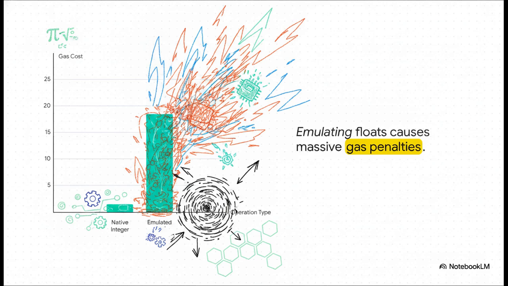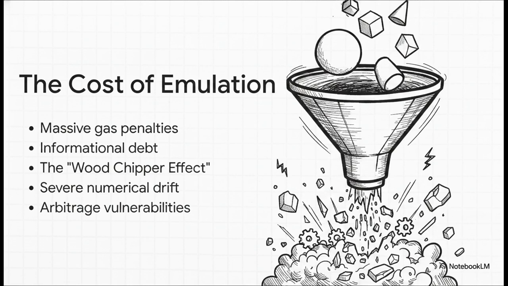But emulating 64-bit floating point math, calculating transcendental functions and trigonometry entirely in software, that absolutely destroys the efficiency of WebAssembly. The costs spike to 12 to 25 gas, or even more, per operation. Every single step of that emulated rotation burns precious, expensive metabolic energy on the network. But gas is really just the start of the problem.